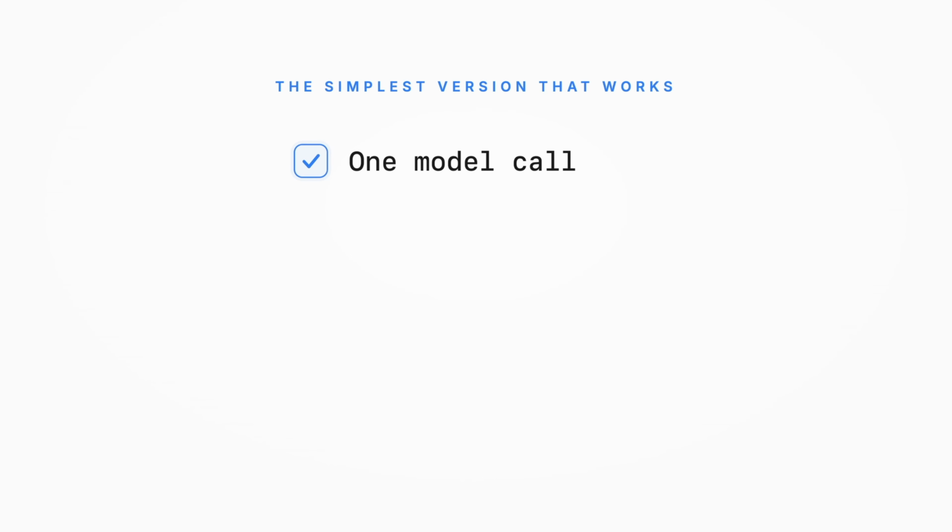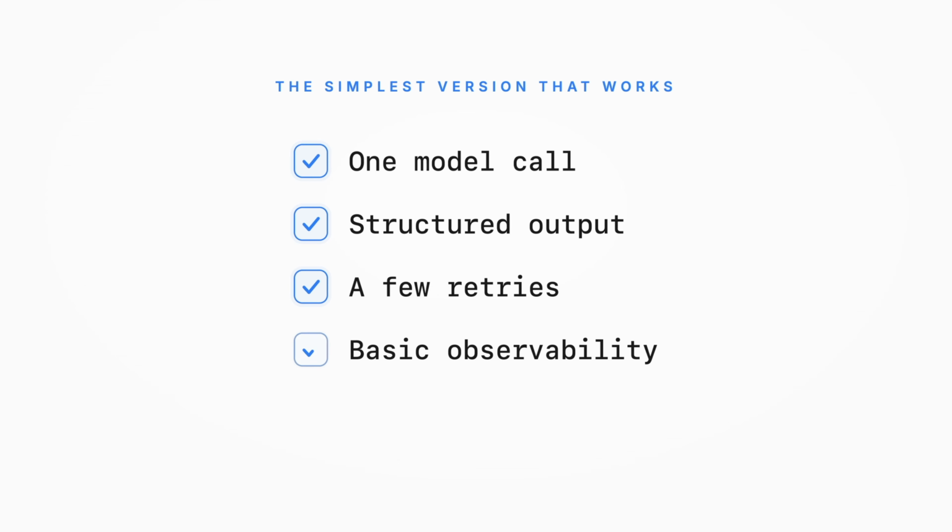And this one ties everything together. It's the one that will save you most of your wasted time. Start with the simplest thing that could possibly work. Usually just one model call, one structured output, a few retries here and there, and observability, and you're good to go for the first version. And then, and only then, you see how people are using your product and your AI agent or AI workflow, and you can see where it falls short and what you actually need to improve.